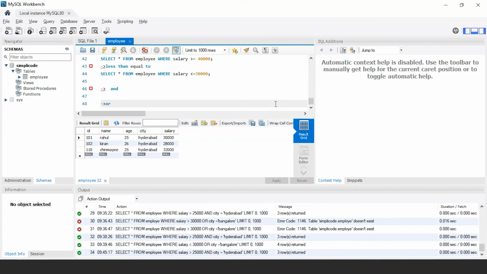Next, let us look at the OR operator. The OR operator in SQL shows the records from the table if any of the conditions separated by the OR operator evaluates to be true. Let us understand with an example. For instance, if we want to display the records of employees from the employee table whose salary is greater than 30,000 or the city that they belong to is Bangalore. So the following query would be select star from the table that is employee